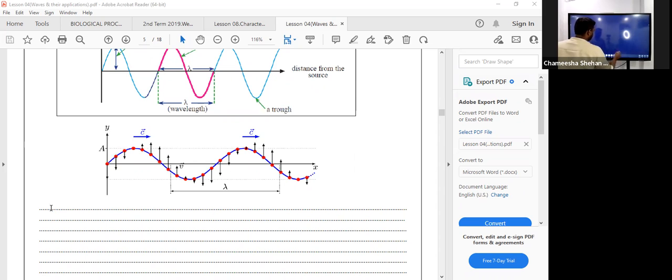So let's write the facts. Zero displacement position line, and then there is a particle. The particle moves vertically upwards and reaches a maximum upward displacement position. Here we call this position the crest. It comes back to the zero displacement position, then to the maximum negative displacement position. This place is known as the trough. Let's write like this for the transverse wave.